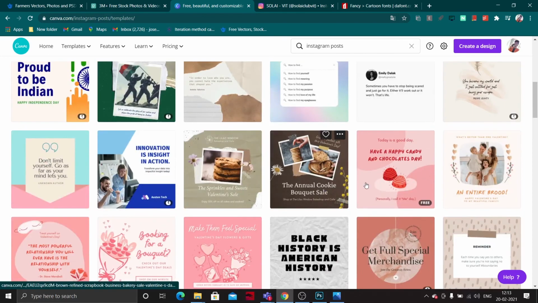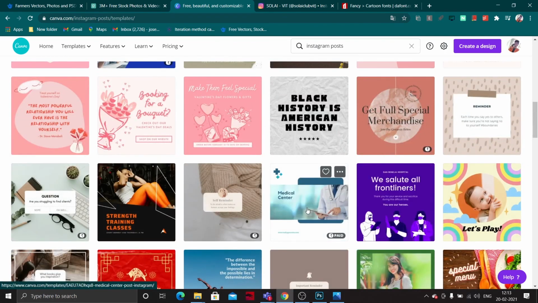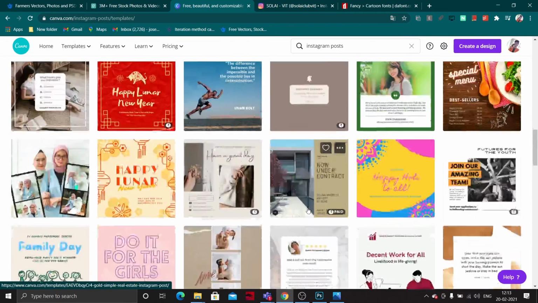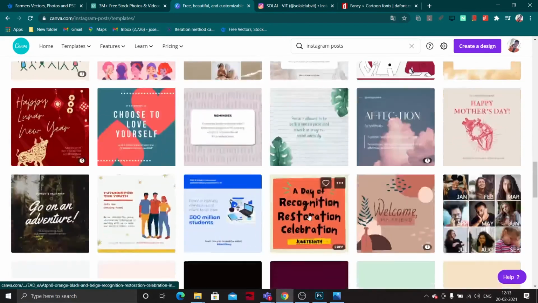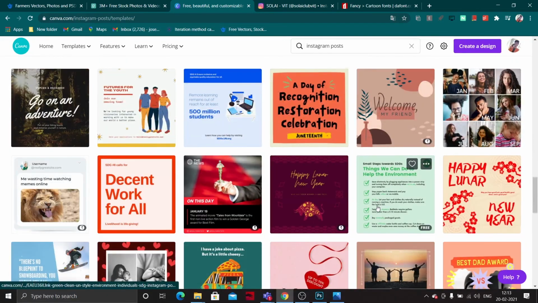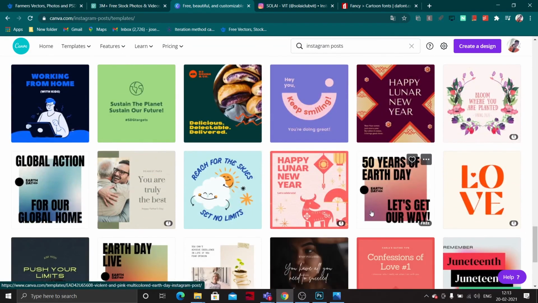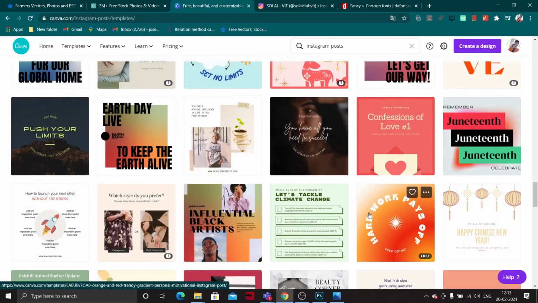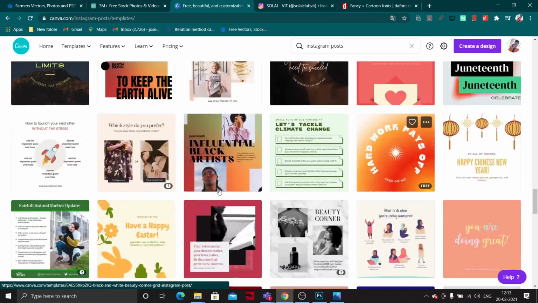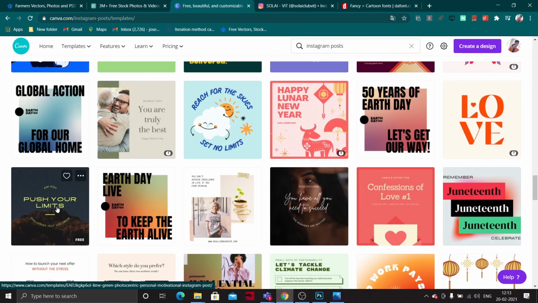This is the same as Freepik, but you can have some direct templates, which means you can remove elements and add them. First of all, we'll take some background. Let's take this one, not an army one, just for example.